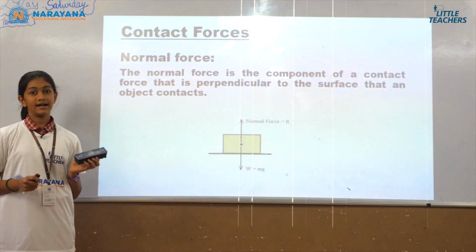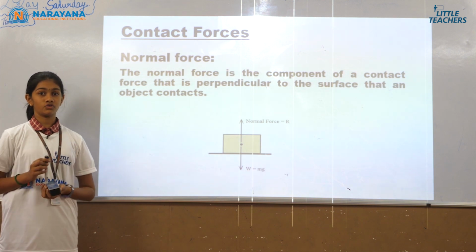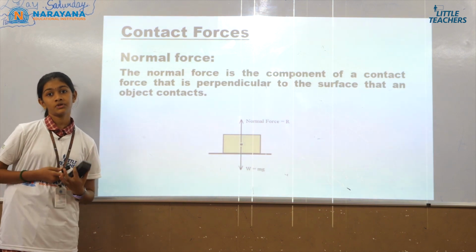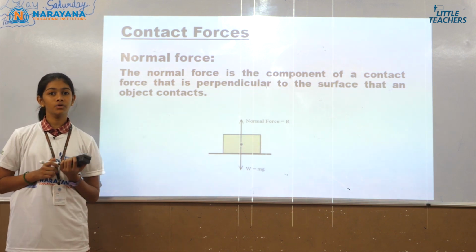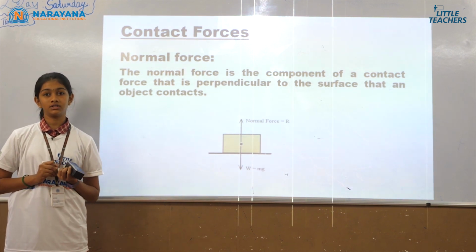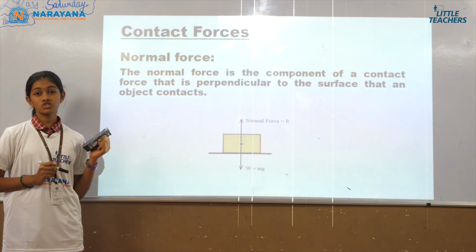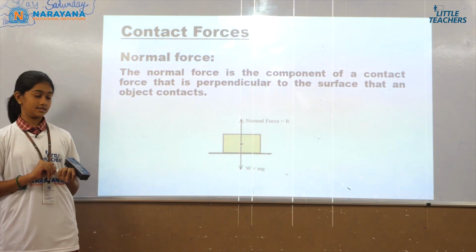First we are going to be looking at contact forces, starting with normal force. So what is normal force? Have you ever wondered how books or anything you keep on a table just stays there? Well, this is because of normal force. So let us consider